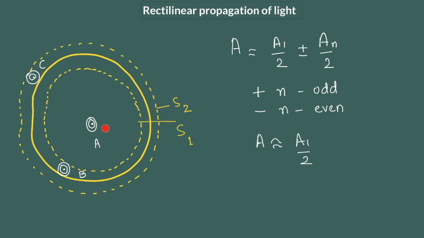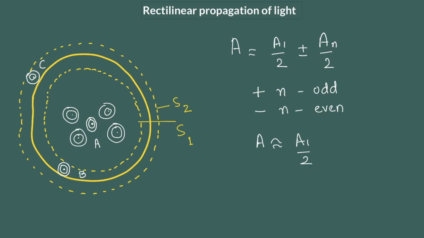Now, as in this situation there are a very large number of zones inside this aperture, and A is very much inside this aperture, we can approximate the amplitude due to this wavefront because of pole A to be a1 by 2, and the same would be true if I take more neighboring points which are well inside this aperture. So if I consider more points, all of them will give rise to this constant amplitude a1 by 2.